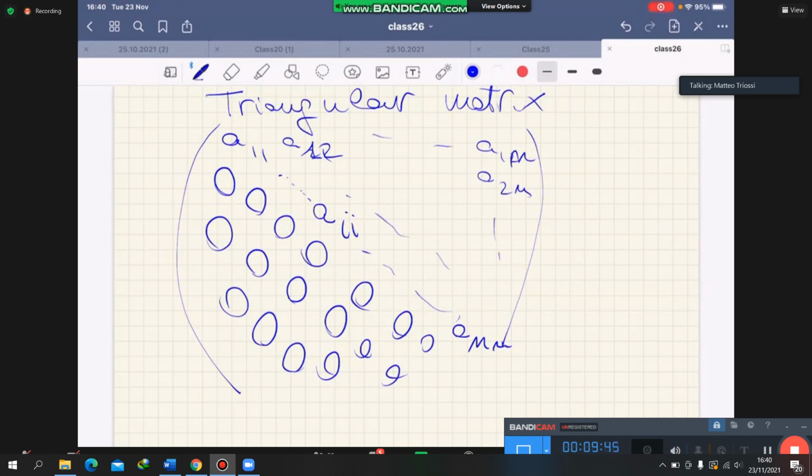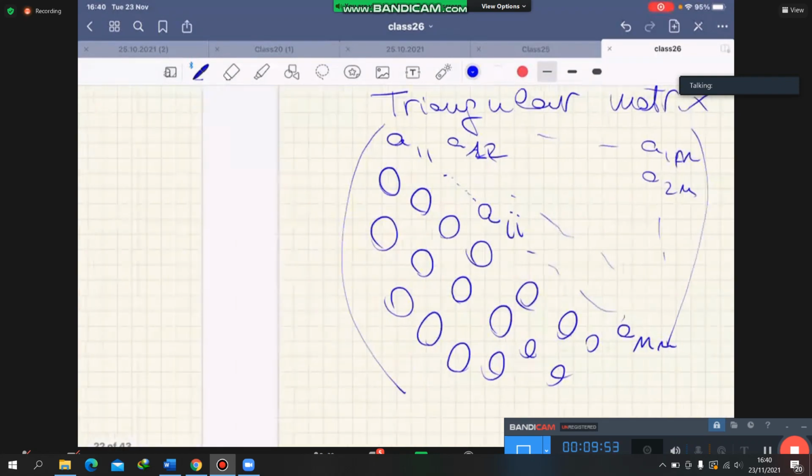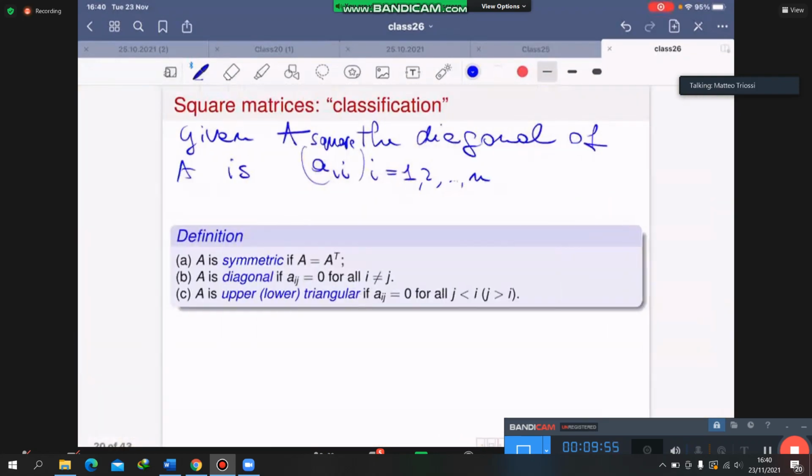Is this an upper or a lower triangular matrix? So let's have the definition. An upper